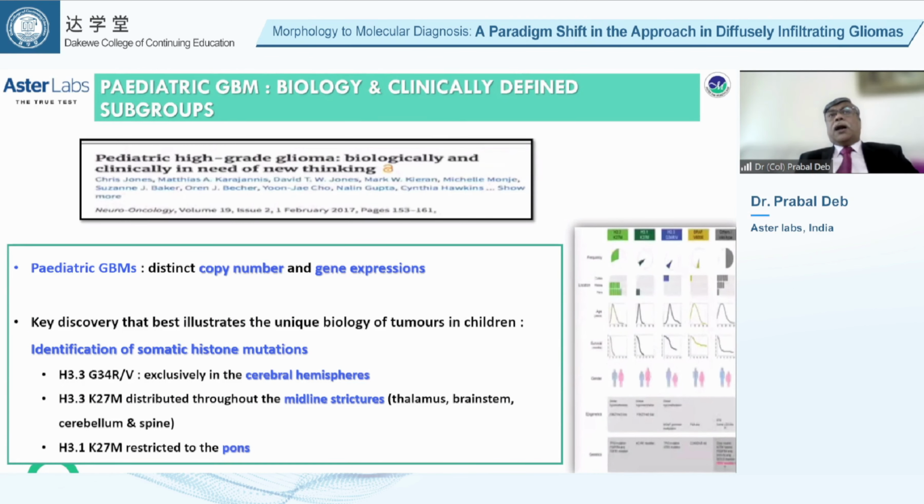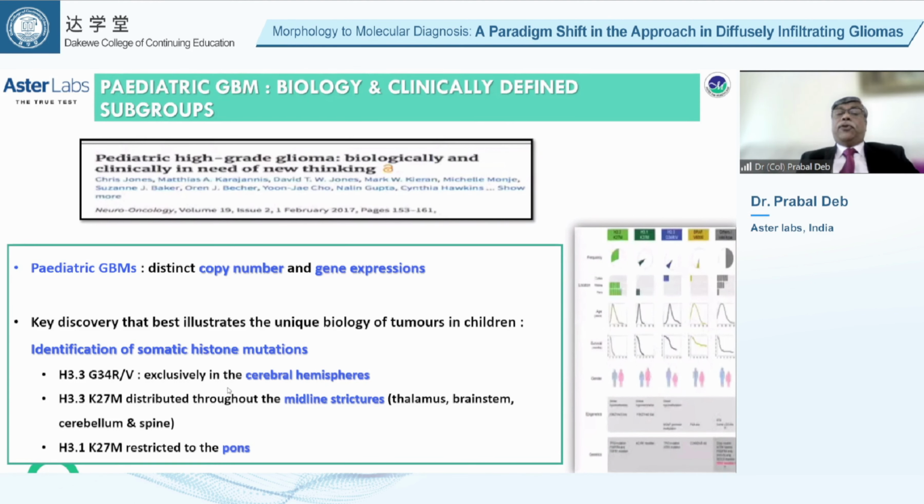So when we are at pediatric neoplasms, it was soon understood that pediatric GBMs are just not to be treated as GBMs of little people. They are biologically and clinically defined subgroups. They have distinct copy numbers, gene expression, and a distinct tumor biology. They are all linked to somatic histone mutations,